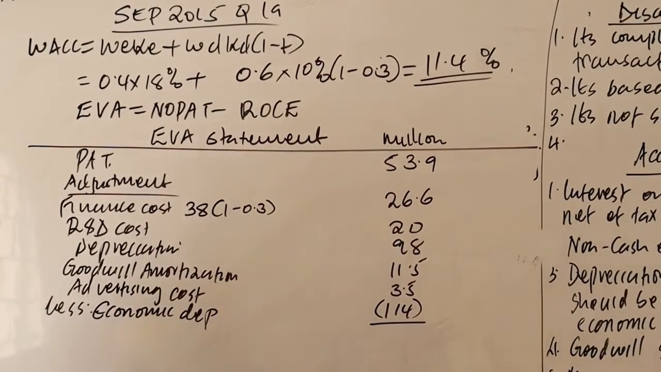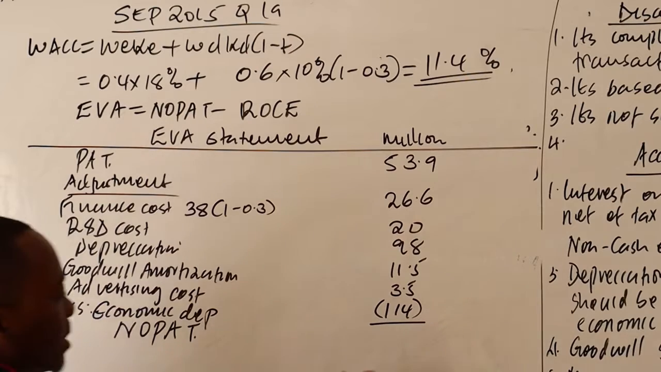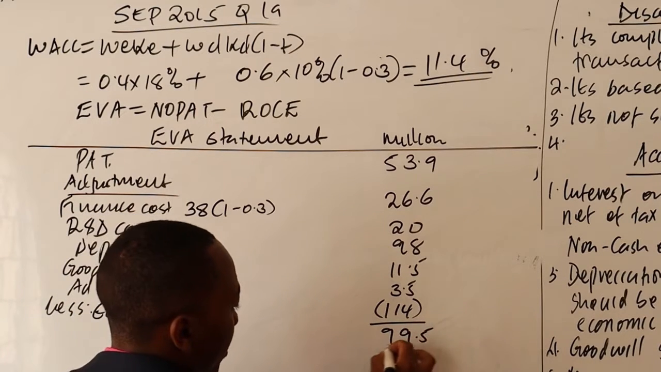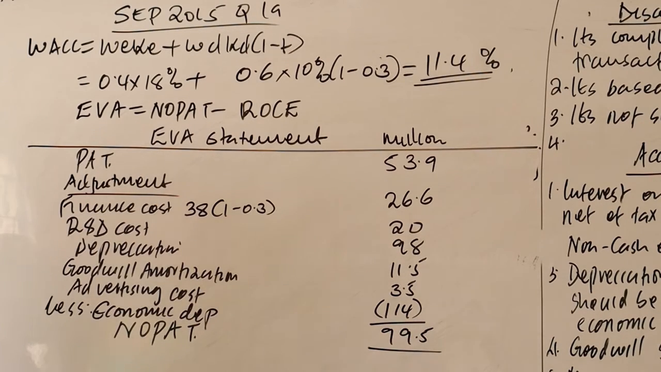So with that, what do you get as now NOPAT? Our net operating profit after tax, after all the adjustments, will be 99.5. So now we are through with the NOPAT. Now we look at the capital employed. How do we get the capital employed? You just take the capital